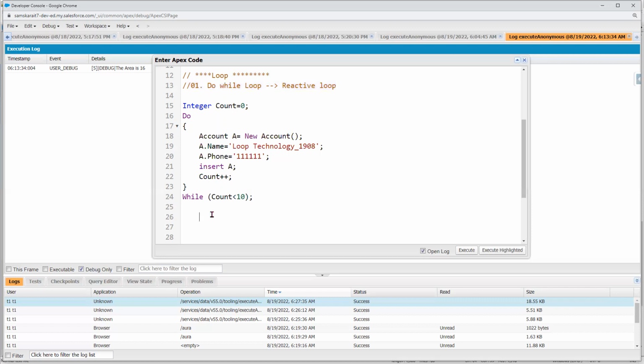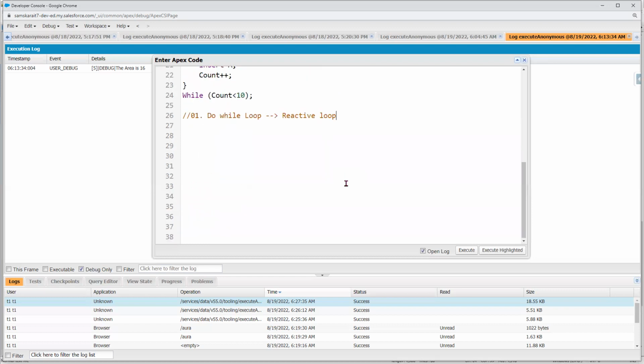So the second one is the while loop. And this is a proactive loop. It is mostly used in real time. Let's say here, integer count equal to 0. And while count less than 10